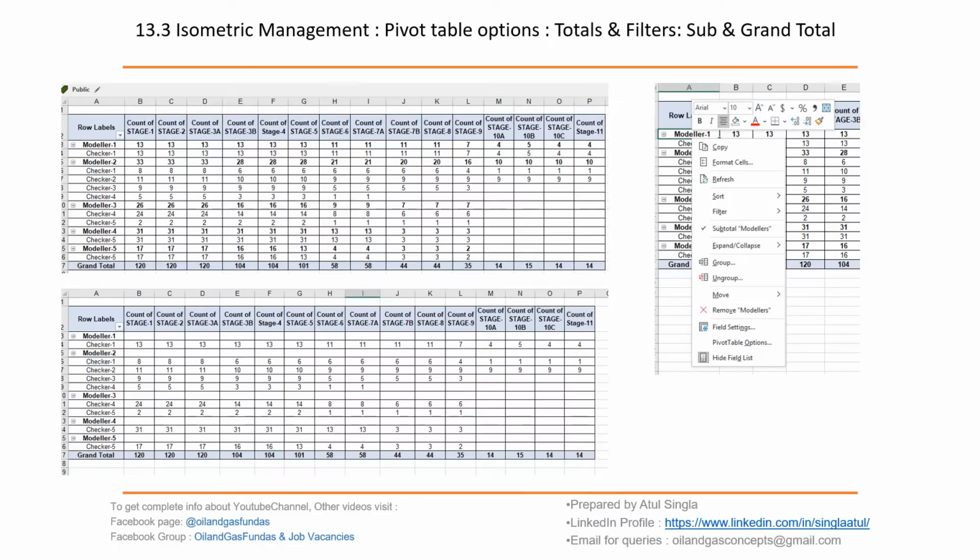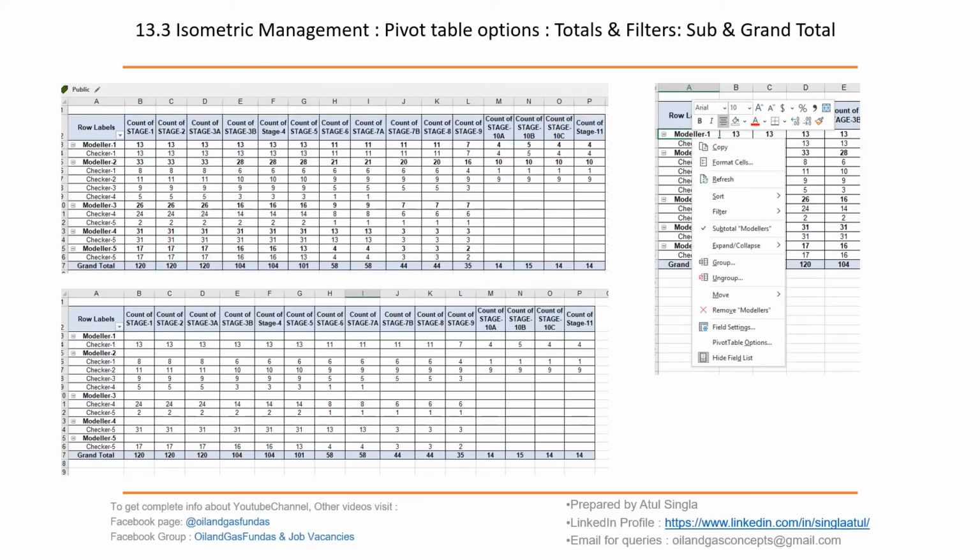Now in this slide, we are trying to see how we can use subtotal and grand total. If you see here, modeler 1 data is there, modeler 2 data is there, and the breakup is also there. If you don't want to see this row, which is the subtotal, right click on any of the column and you will see this pop-up.